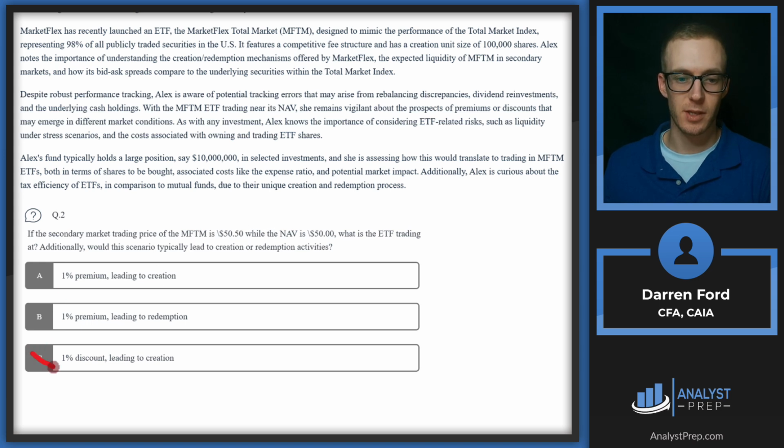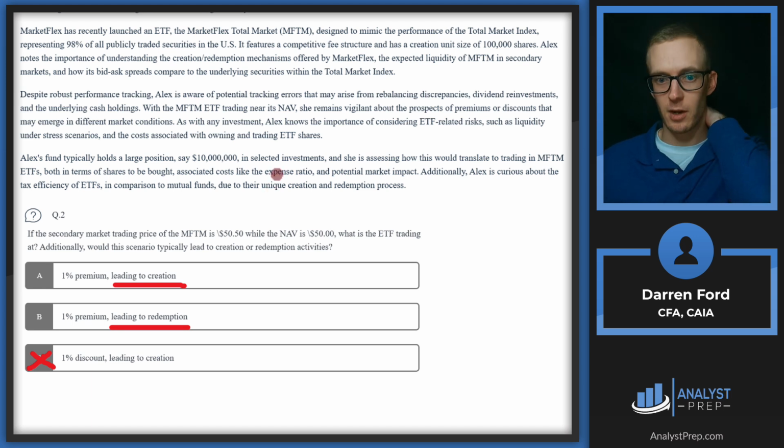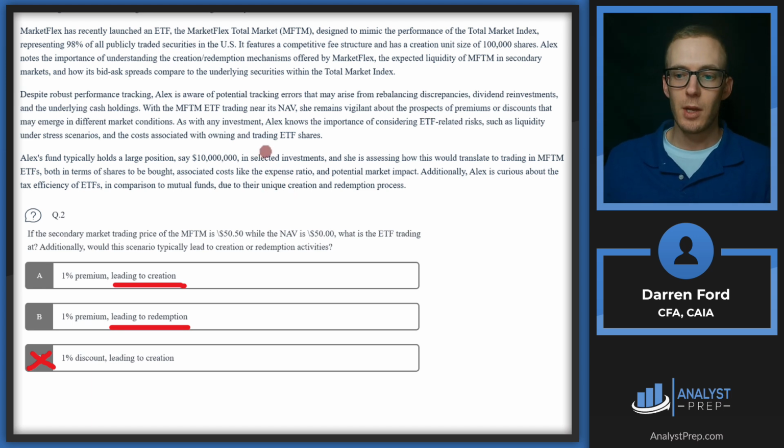So if we're trading at a price above NAV, that means that we're trading at a premium. So we can go ahead and cross off C since this is indicating a discount. So then we need to know what this typically leads to, whether that leads to creation activities or redemption activities. So when we're trading at a premium, this is going to incentivize our authorized participants to engage in creation activities, because essentially they're going to be able to buy this ETF at